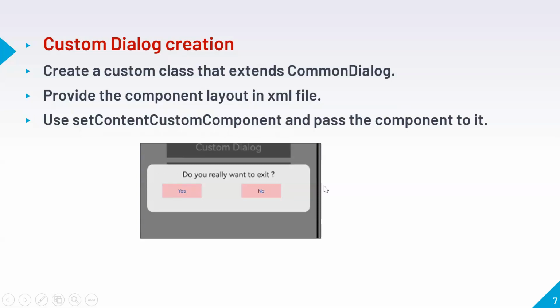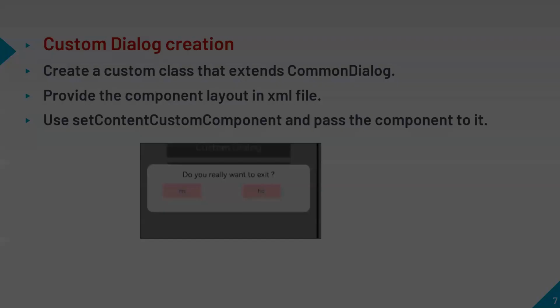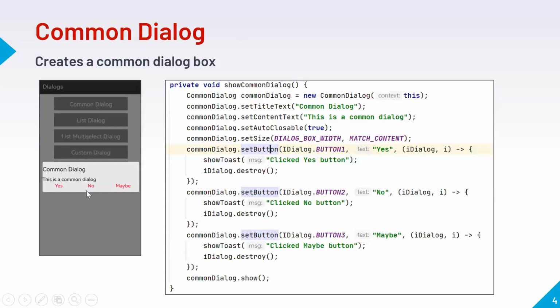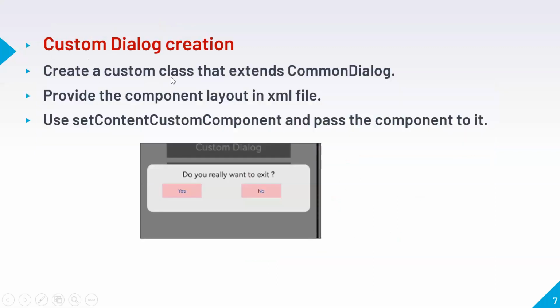For this, I have created a custom dialog. This one has two buttons. In the other case, you're automatically calling the common dialog and specifying the title and behavior on button, but we are not actually creating these buttons. So again, if you want to create them custom, we can use a custom dialog. Okay, it's not a method, you can create a class of your own and extend this. So that is about custom dialog.